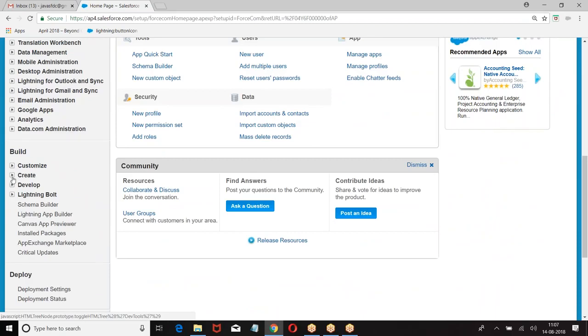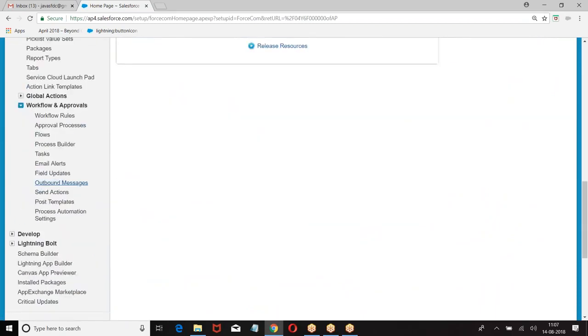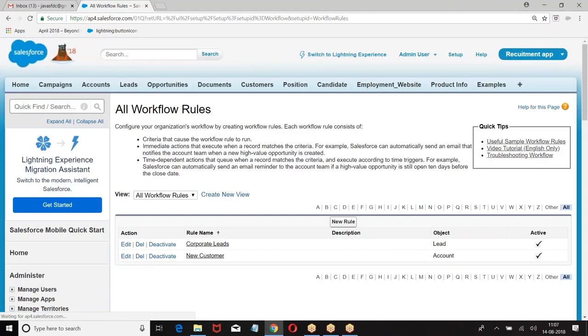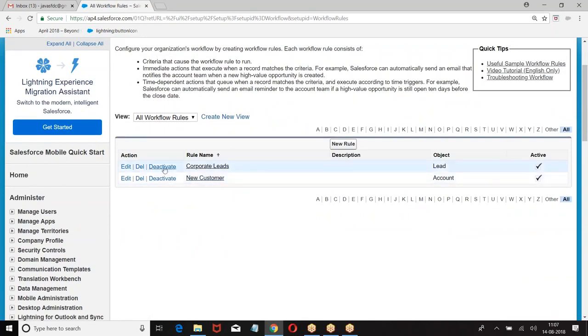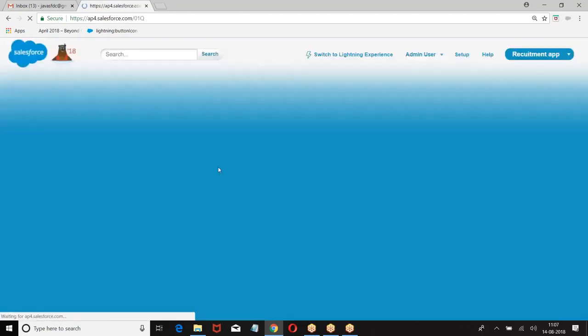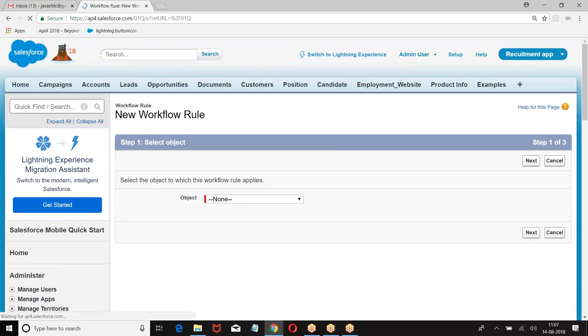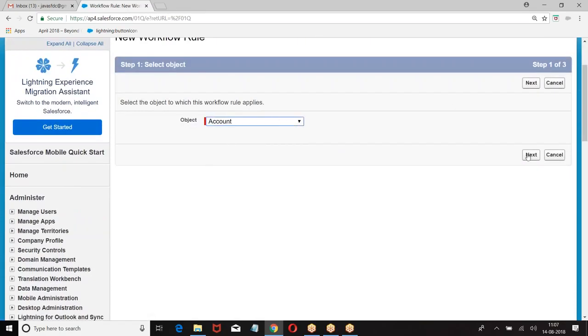So what I am doing: setup, build, create, workflows and approvals, workflow. Then we have new rule, on which object? Account.